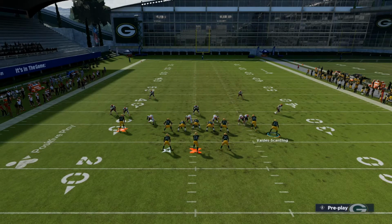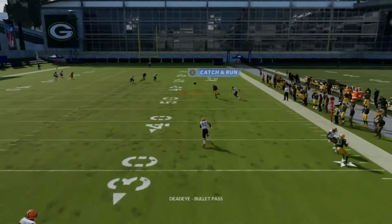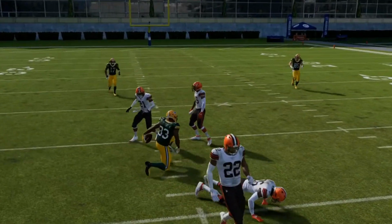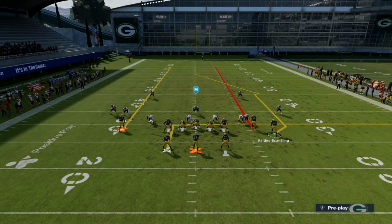This isn't even the best receiver, but this route alone is just so glitchy. Against man coverage, it's gonna create a lot of separation. You can see right there. You can only imagine if you had somebody like Devontae Adams running that route for you, he's gonna create a lot of separation. I'm gonna show you a couple more times that it is consistent, even with somebody like